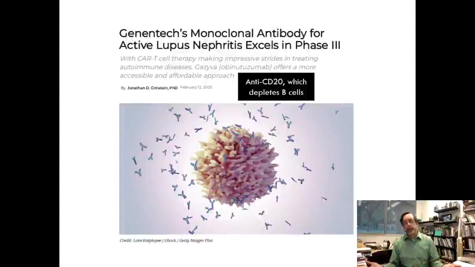But here's a news story that just came out the other day. There's a monoclonal antibody against lupus, and it's actually in phase 3, which is pretty well along the cycle. Maybe this will be one of the things we could decode the name, obinutuzumab. But it's probably better to call it Gazyva. Anyways, this is just an anti-CD something. Anti-CD20, it turns out that if you bind CD20, you deplete B cells. And so they give this to deplete B cells. That makes sense in lupus because it's an antibody autoimmune disorder. So B cells are almost certainly involved and overactivated.